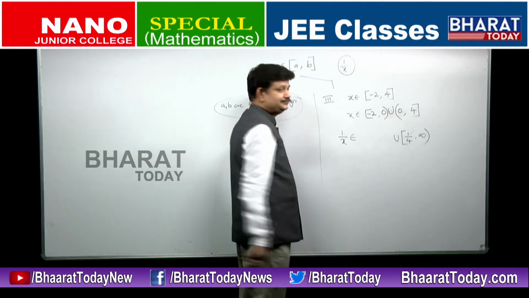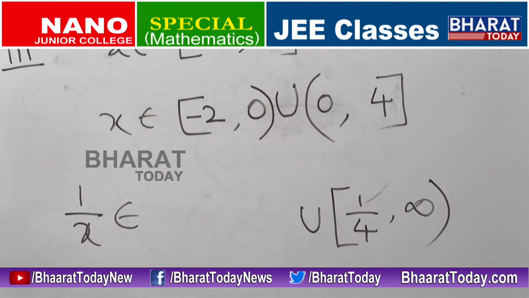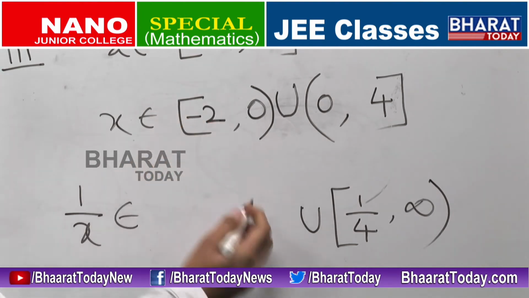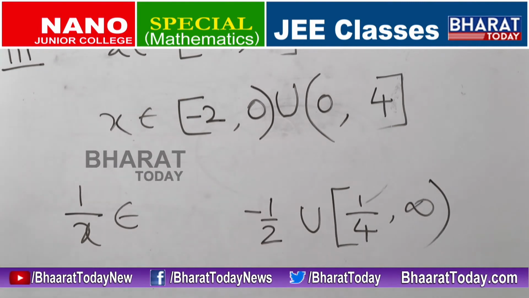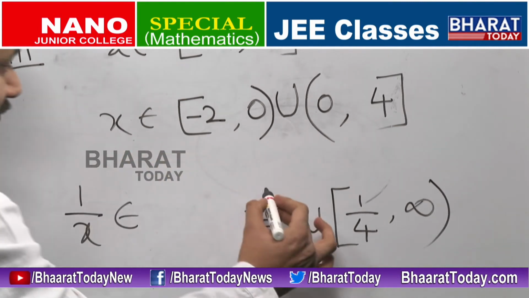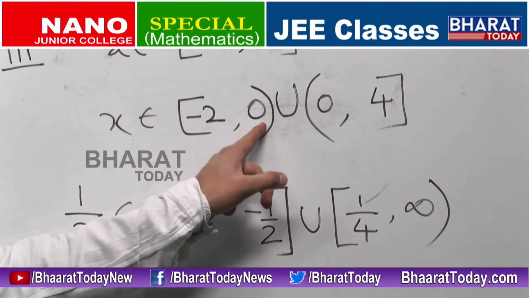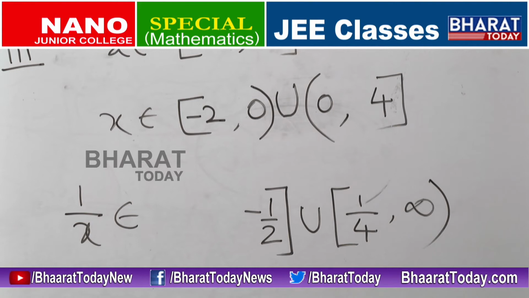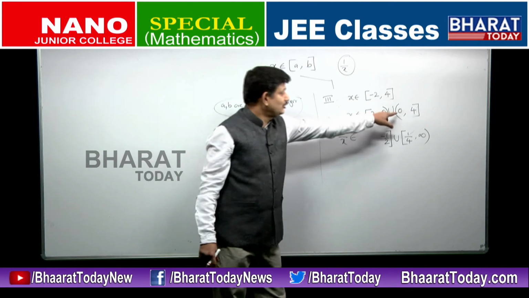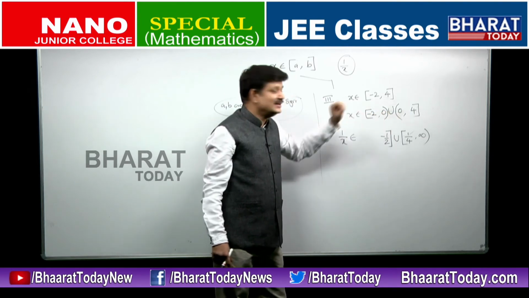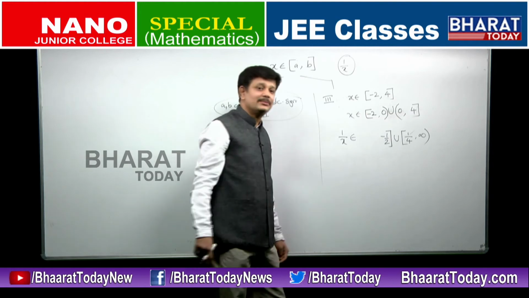Let us look at this part now. All the numbers are negative. So how do we write the reciprocal? Simply write the reciprocals, but the only thing is you have to interchange the positions. So reciprocal of -2 will be -1 by 2. Here it is on the left, so here this will be on the right. And reciprocal of a number less than 0. Here it is not 0. It is to the left of 0, slightly less than 0. Slightly less than 0 means in magnitude it will be similar to this one, but the only change is the sign is negative, and the reciprocal of a negative number will still remain negative.